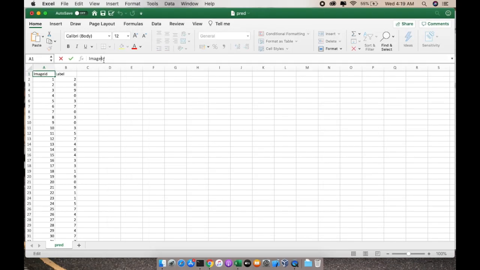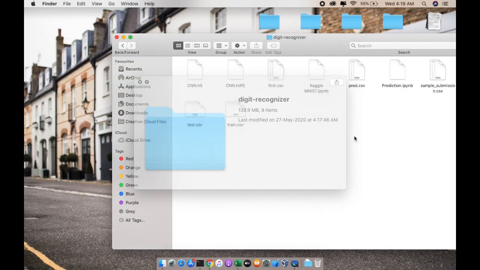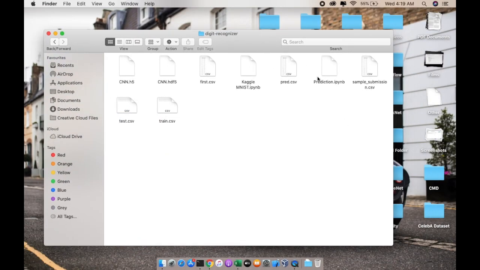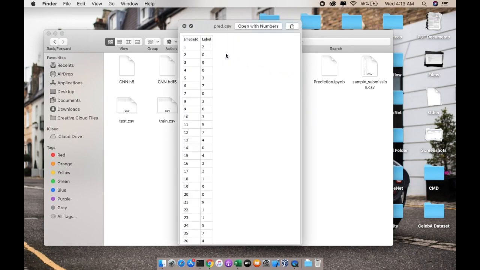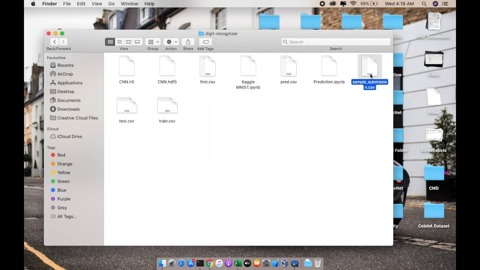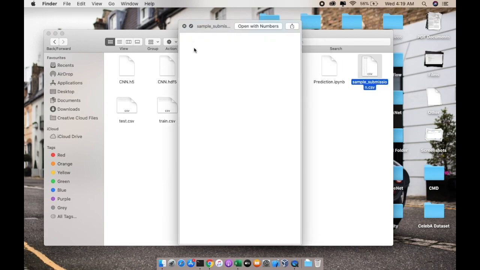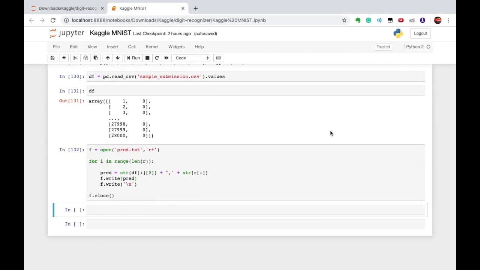Let's save this file and close it. Now you can see we have the same format, image id and labels with all the predictions, whereas the sample file has image ids and no predictions.